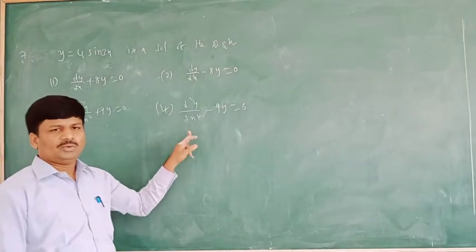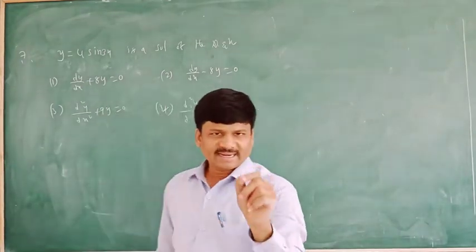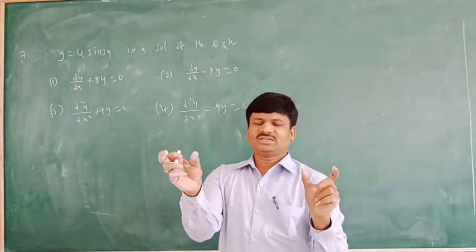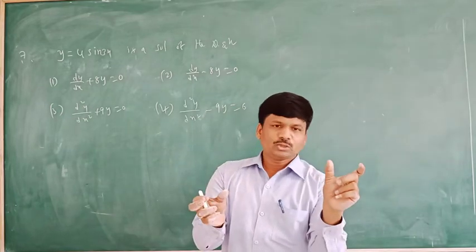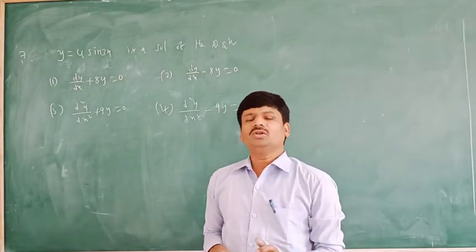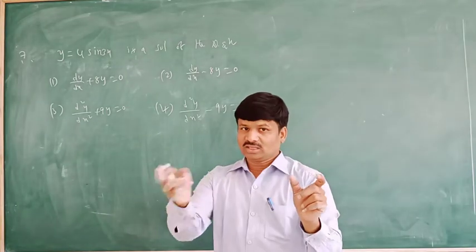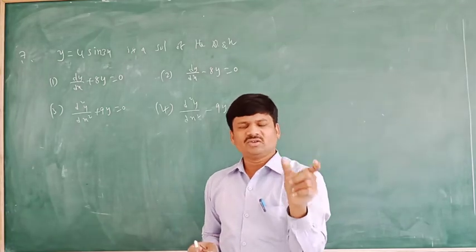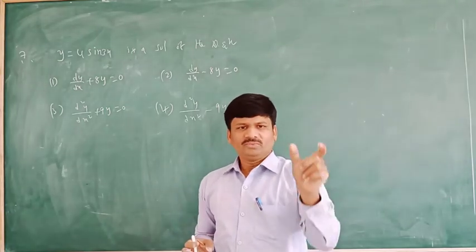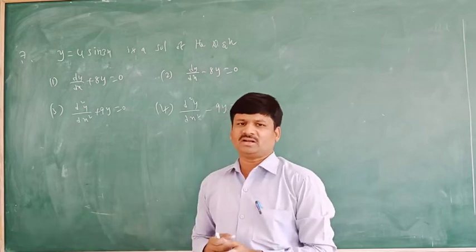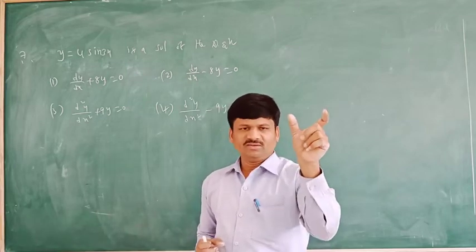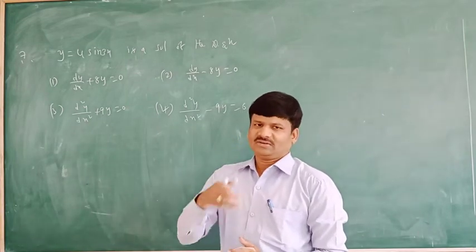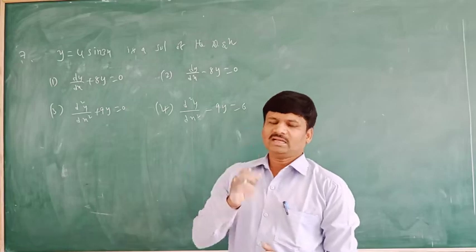We have to simplify. We solved the second exercise, do you remember that? In the second exercise, a function is given and a differential equation is given, and we verify whether the function is a solution of the differential equation or not. We find the derivatives, dy by dx, d square y by dx square, d cube y by dx cube, and substitute these values in the differential equation. If these derivatives satisfy the differential equation, then it is our differential equation. Like that we have to verify.